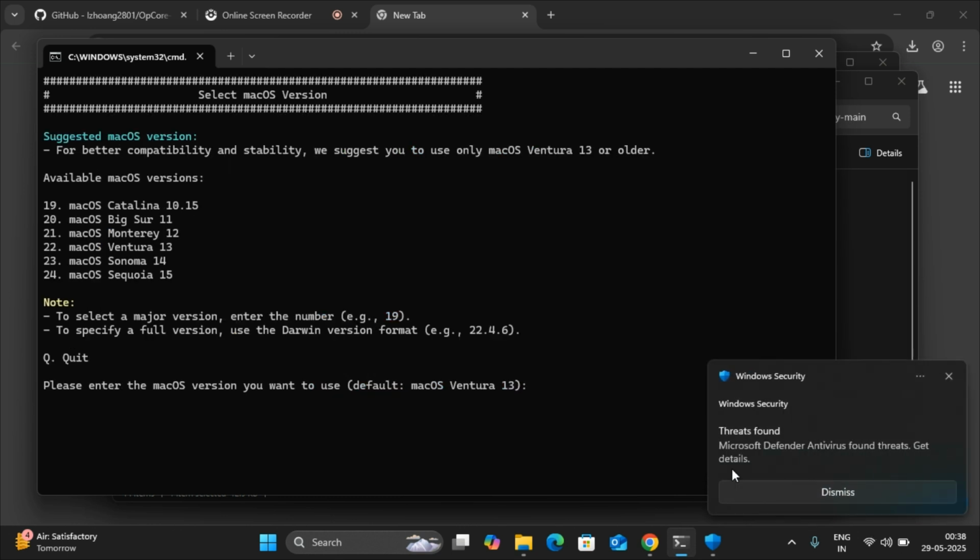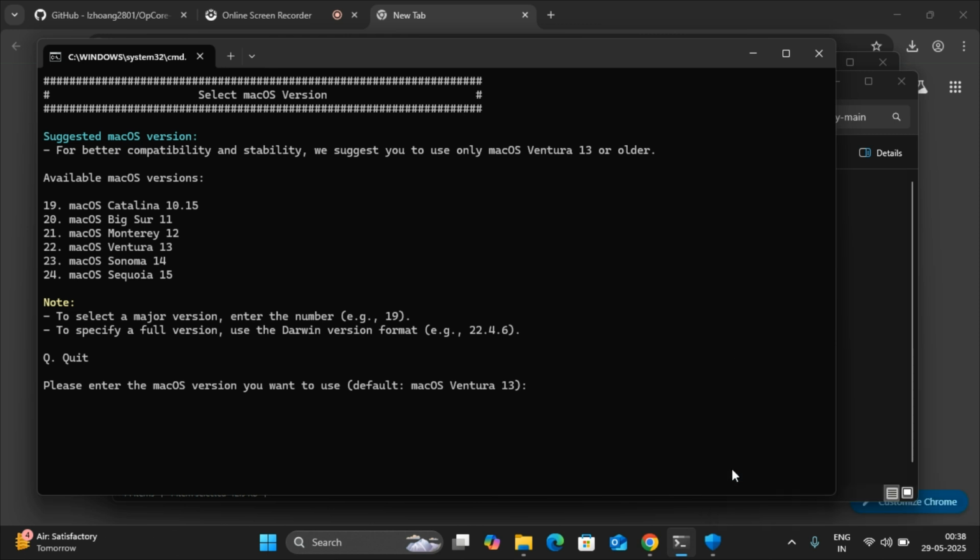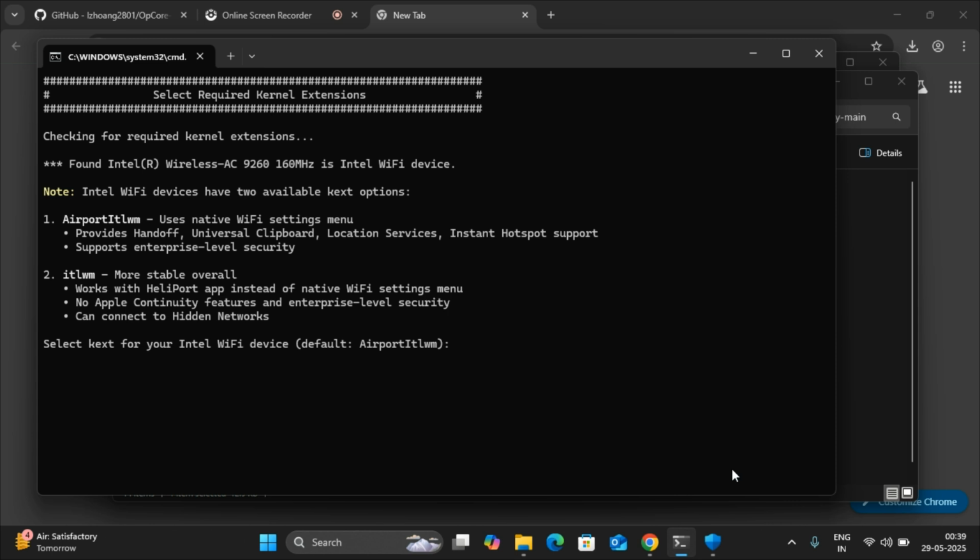Now it's asking for the macOS version. Now it is asking for the kexts. I'm selecting the second one. First one.